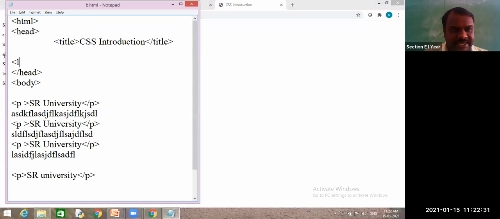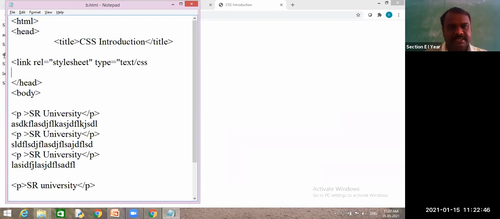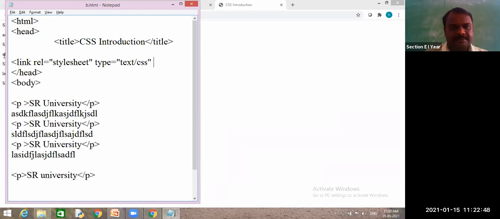So I am writing link rel equal to stylesheet and type equal to text/css and href equal to mystyles.css.